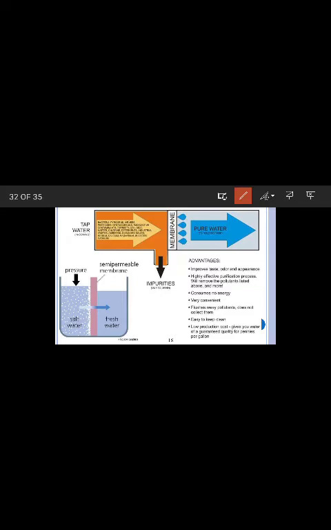Here we have taken two waters of different concentrations. One is salt water, which is referred to as concentrated or highly concentrated water. And look here, on this side we have taken fresh water. This is diluted water, or else we can say low concentrated water. Both waters are separated with the help of a semipermeable membrane.